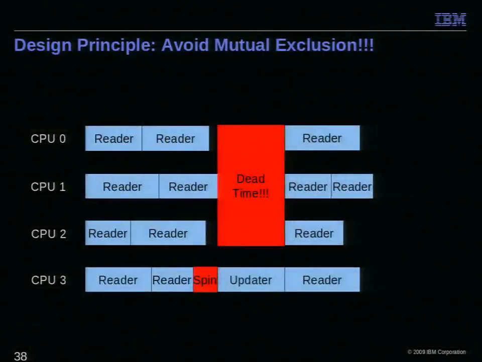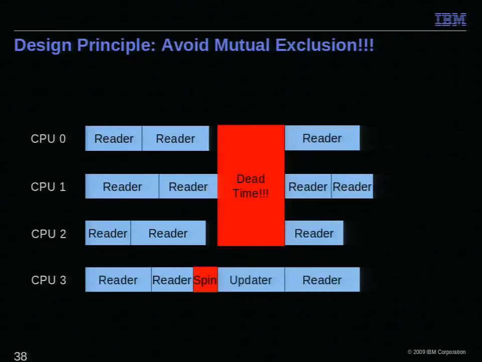Another design principle is to avoid mutual exclusion. Here we only got 3 CPUs, but we talked about having 60. And in my role as maintainer of RCU in the Linux kernel, I've got bug reports for machines with 4,096 CPUs. Well, if you're using mutual exclusion, you're saying, okay, we're going to write something here, we're going to spin for a little bit, and now we're going to update. And we're going to keep all the readers from doing anything for this whole period of time,